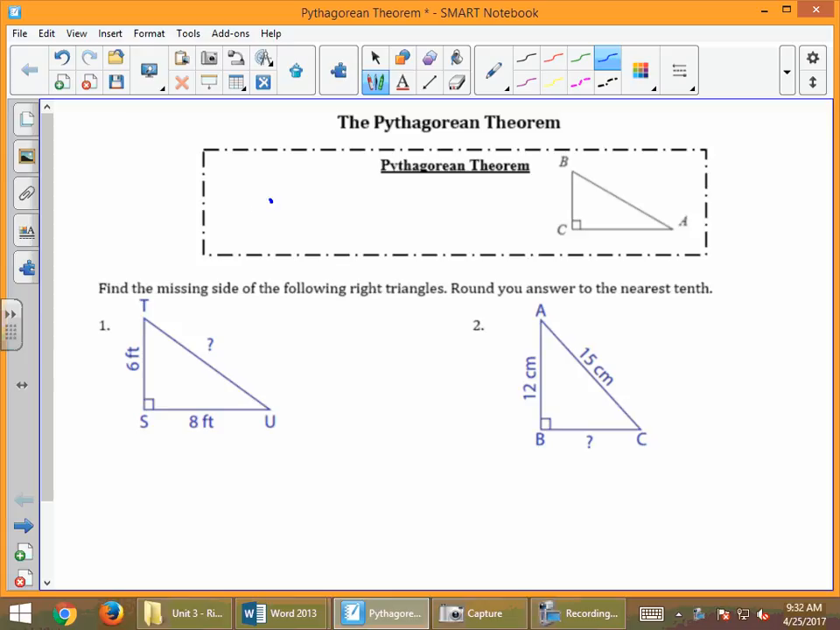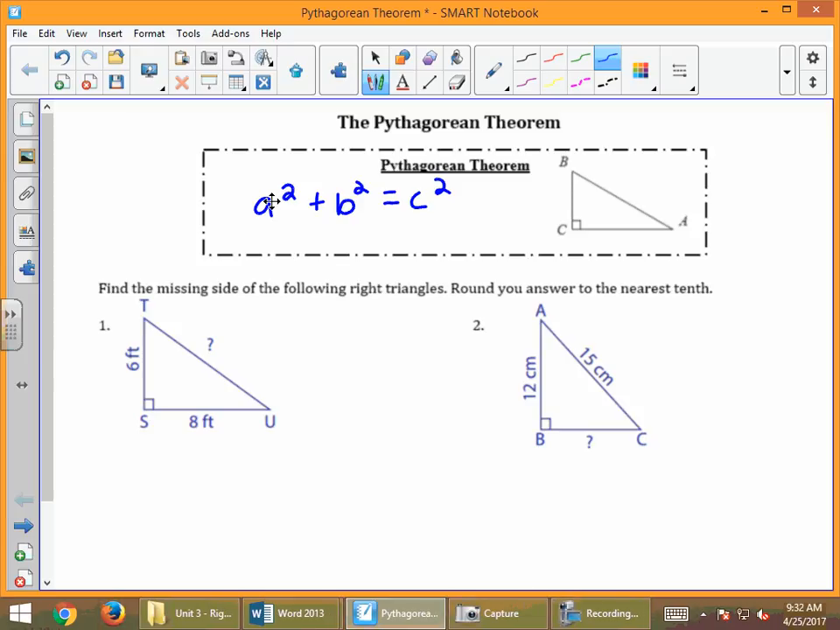It is a squared plus b squared equals c squared. We can only use the Pythagorean Theorem on right triangles, and we use it to find the missing side of a right triangle. And where the a and the b and the c come from, if you look at this diagram in the box,